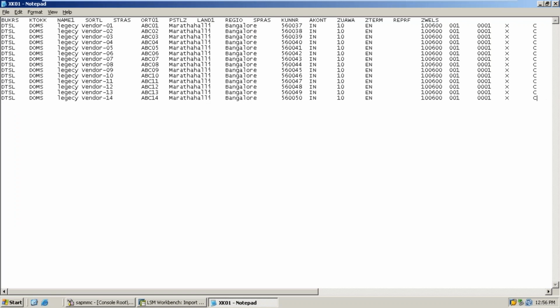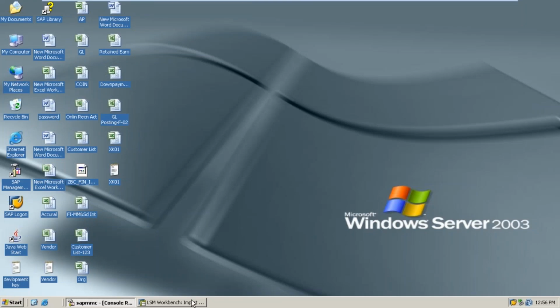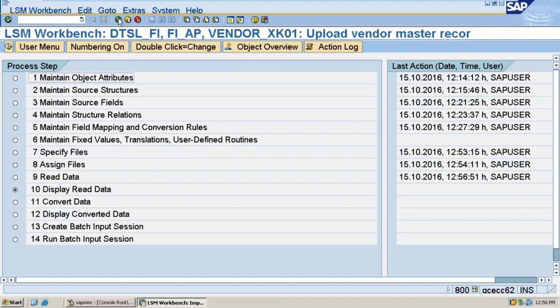Then save it. Then close this. Now the file is okay, right? Go back. Can you please tell me from where I need to do it? The file is not changing, no? No, it is not the same file. So I can go and read, execute the assign files. Assign files is also the same. So just read data only.